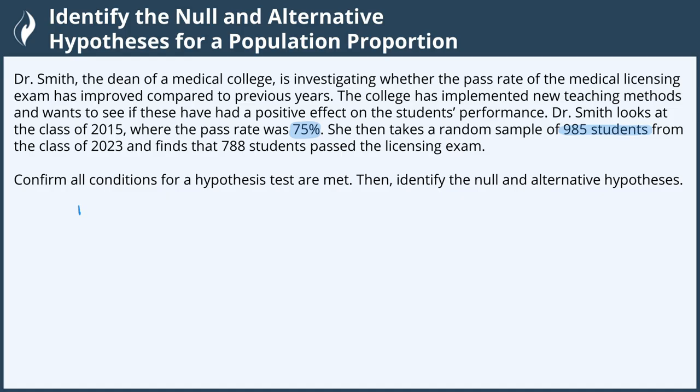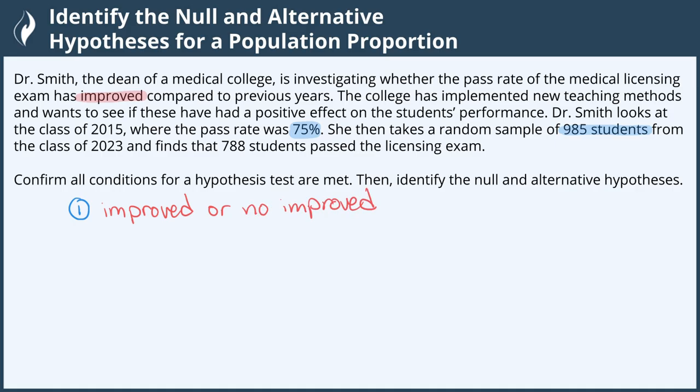The first one is to ensure that we are working with a binomial model, which means that we have two independent outcomes, either a success or a failure. In this case, we're looking for whether the pass rate has improved or not, which means we are working with binomial. We're looking for an improved or not improved